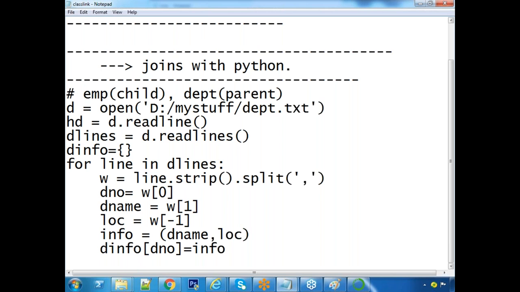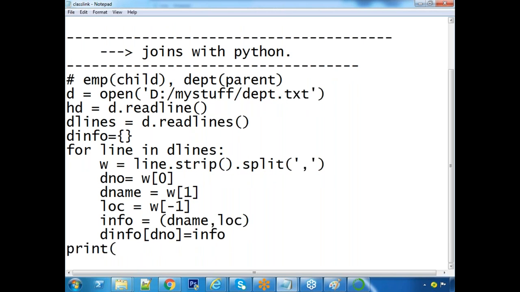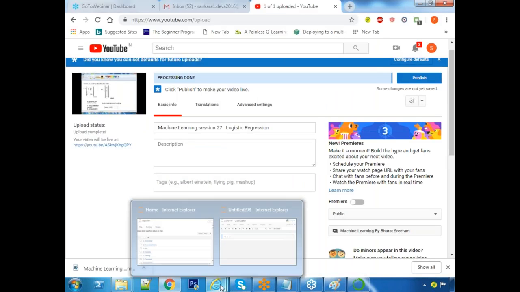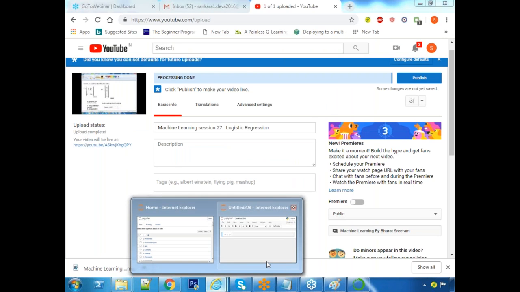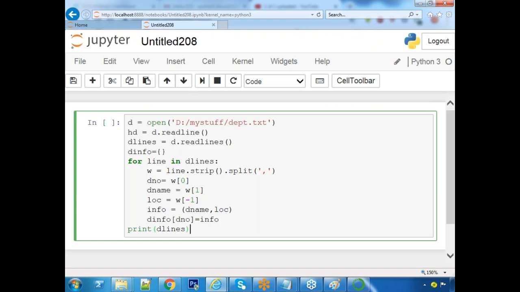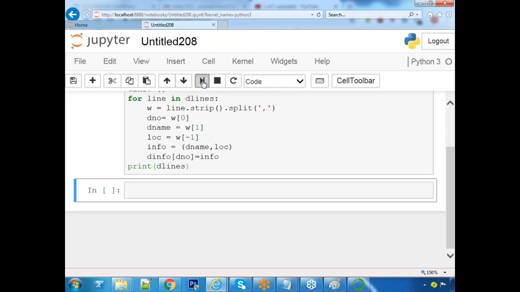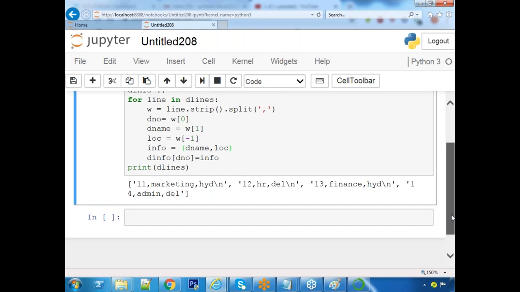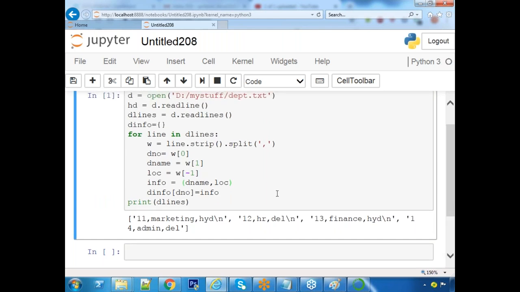Up to now, just check it. Print D lines. Not this. It is not separated.